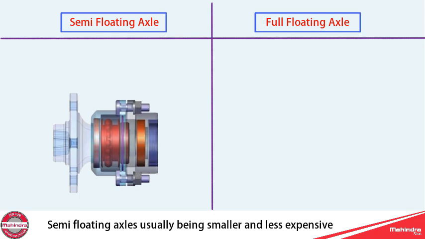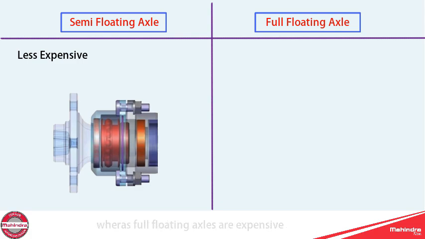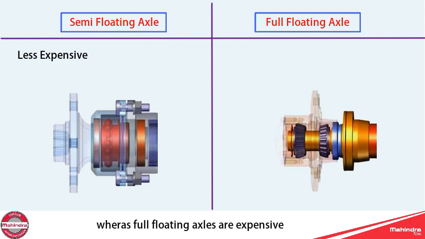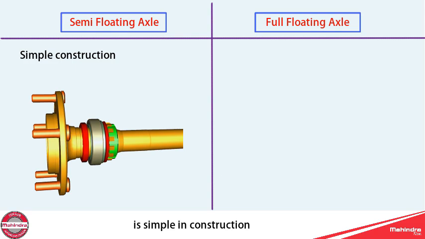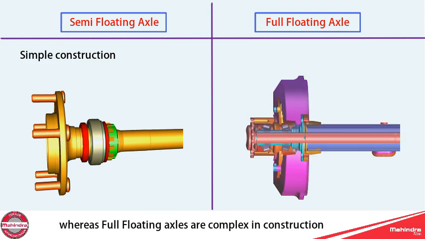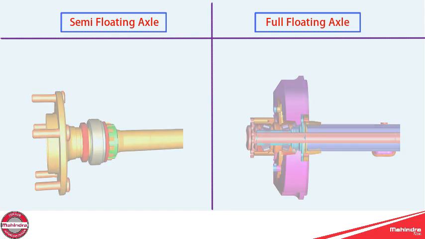Semi-floating axles are usually smaller and less expensive, whereas full-floating axles are expensive. The overall assembly of a semi-floating axle is simple in construction, whereas full-floating axles are complex in construction. In short,